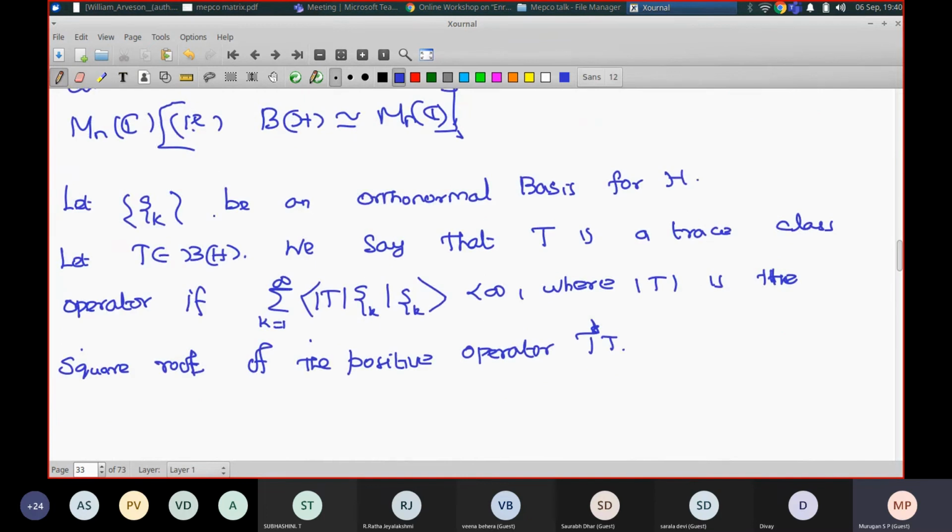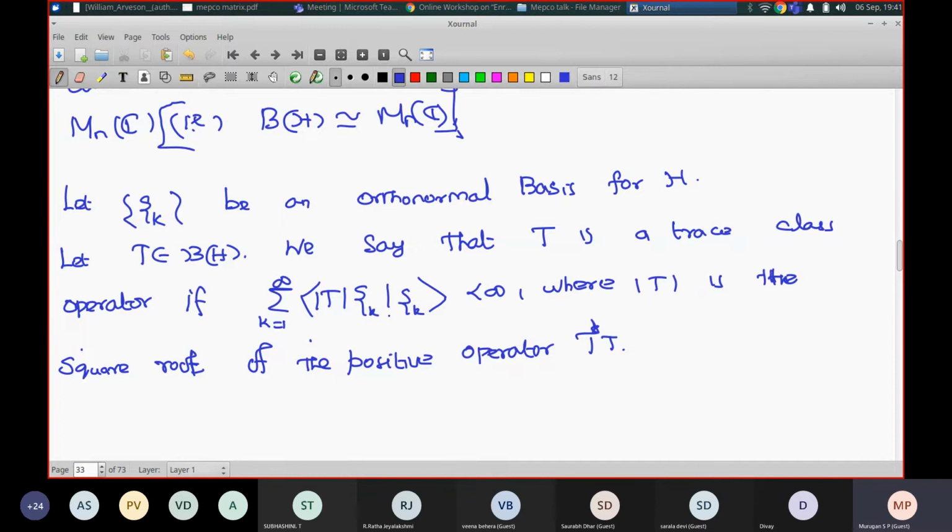I am giving a new definition. You take any orthonormal basis for H and T belonging to B(H). We say that T is a trace class operator. In the finite dimensional Hilbert space, that is C to the n, for every matrix you can define a trace. But when you go to the infinite dimensional case, you cannot always define a trace which is a finite number. So you need to collect all those operators for which you can define a trace. That is the class. Let T belong to B(H). We say that T is a trace class operator if the sum, k equal to 1 to infinity,